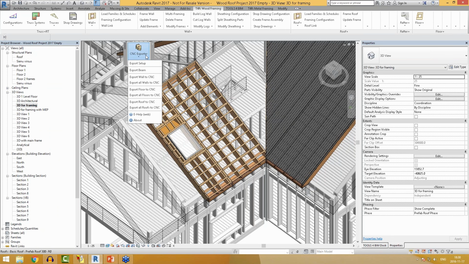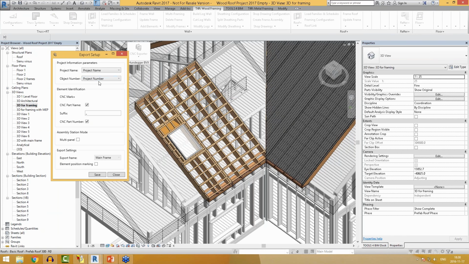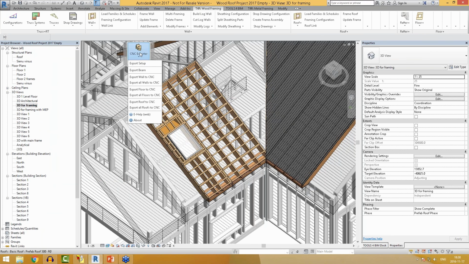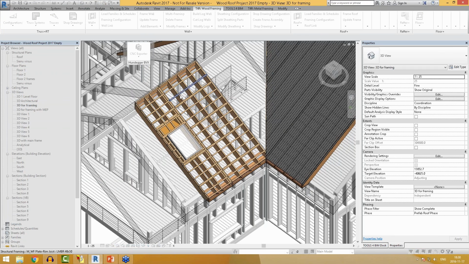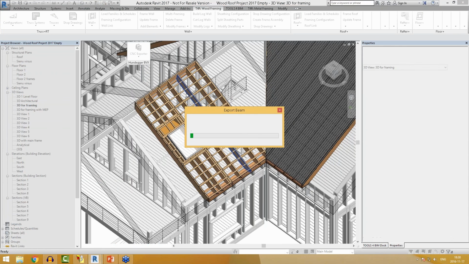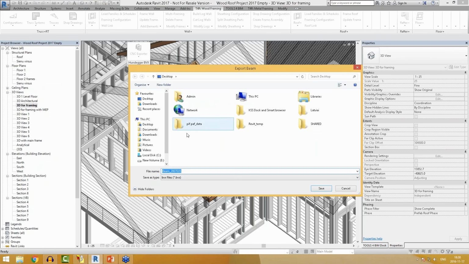So this is one example with one machine, but it could be various machines if needed. Okay, so this is just default options, very simple options, which we're going to use, and we're going just to export one framing element, let's say to the desktop,